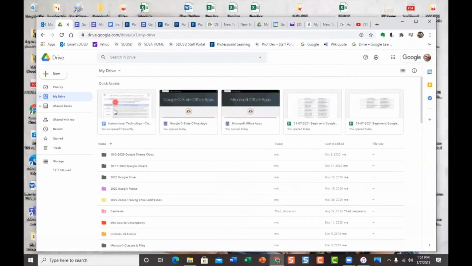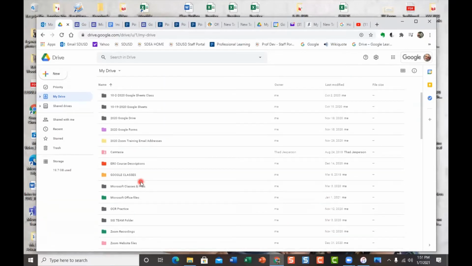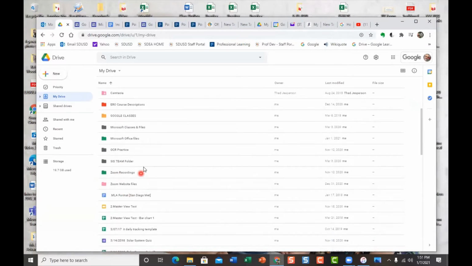First thing you'll notice is that the tiles for quick access, all 5 of them that we saw before, are still there. And all of our folders are still there right at the top. And if we were paying attention, all those first folders started off with numbers. And then we pointed out that it goes alphabetically, C, E, G, M, M, O, all the way down to our last folders. I know this is the last folder because all these folder icons tell me that,